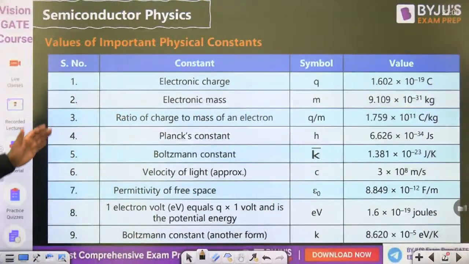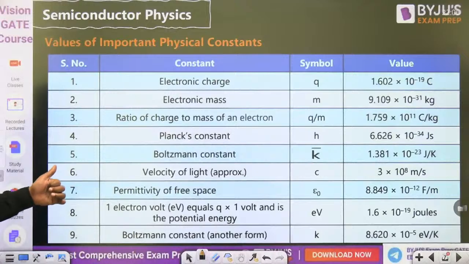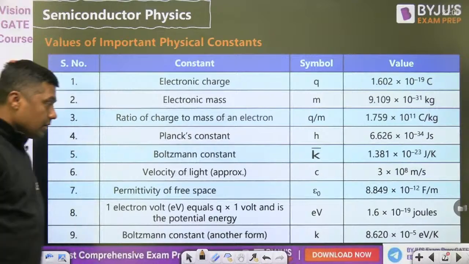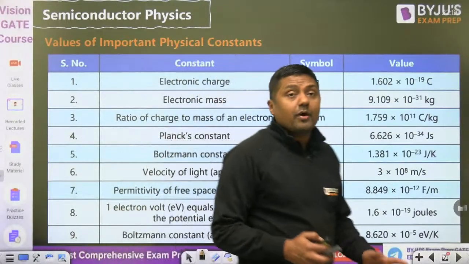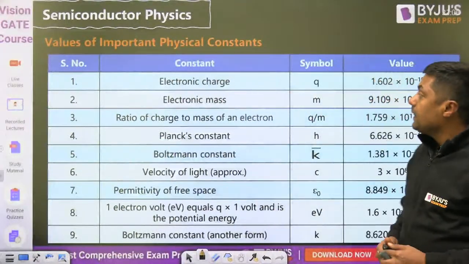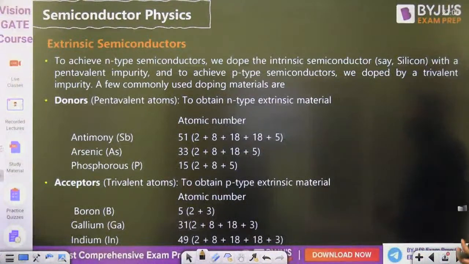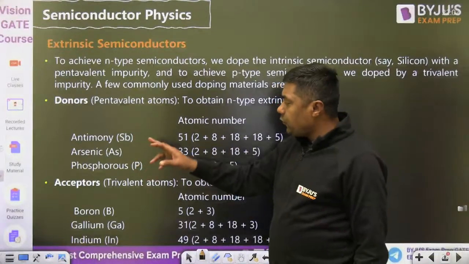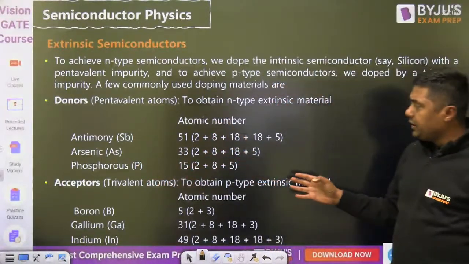So these are the important parameters, 1 electron volt and that is the value. Please get the idea about that. We have to use all these values when we are going to solve some numericals. Okay, then this is about when we are giving the impurity, for example arsenic, antimony, phosphorus, pentavalent impurity, and then